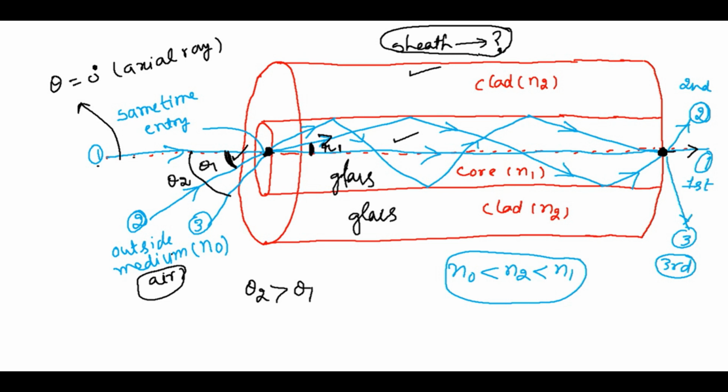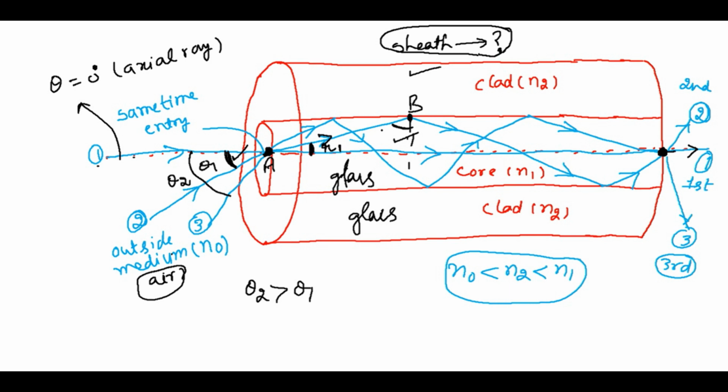When it enters the core, after bending, it travels along a straight line, and it strikes at this point. This point is common between core and clad, so it is an interface point. Suppose this point is B and this point is A. For the time being, kindly assume that when it strikes at point B, this angle is greater than the critical angle. We know that there are two conditions for total internal reflection to take place. First, the ray of light must be traveling from denser to rarer medium.